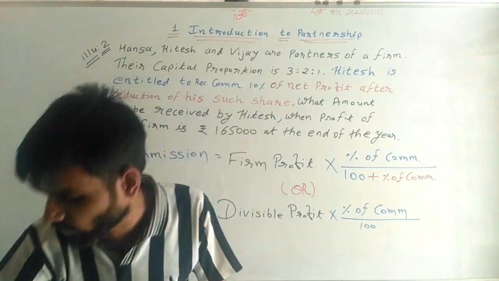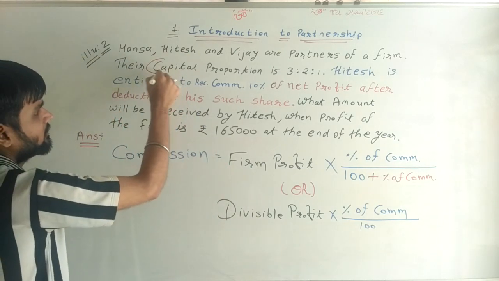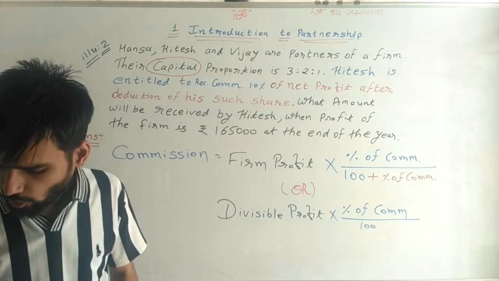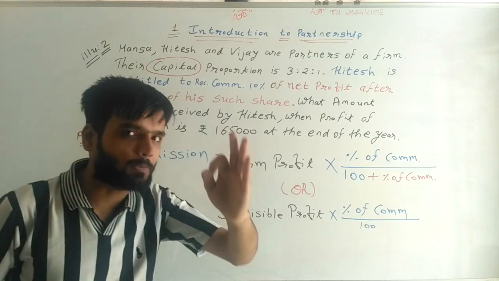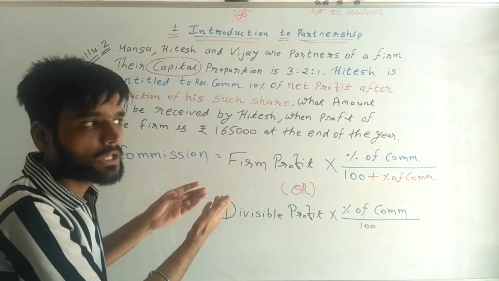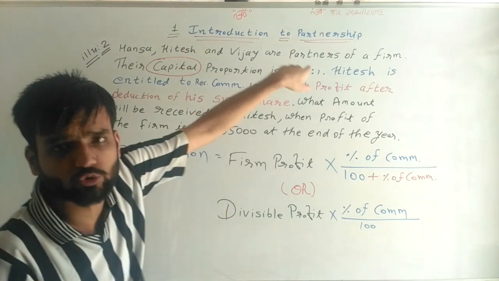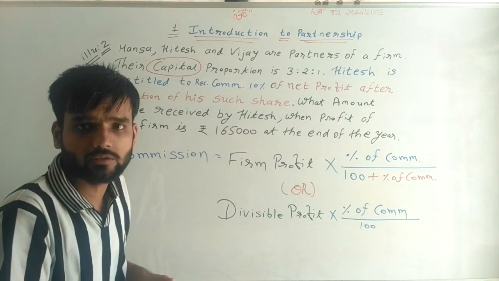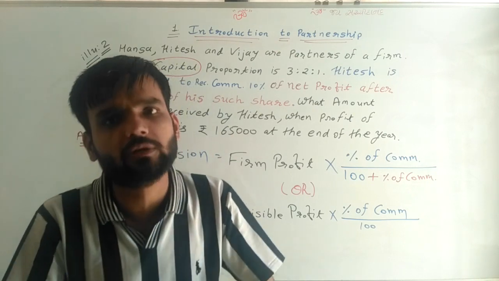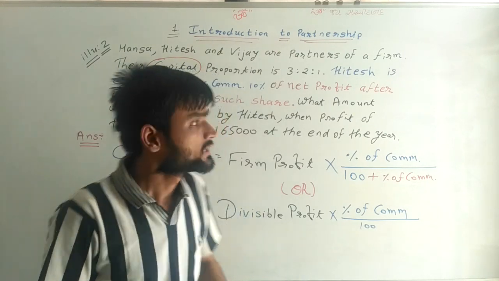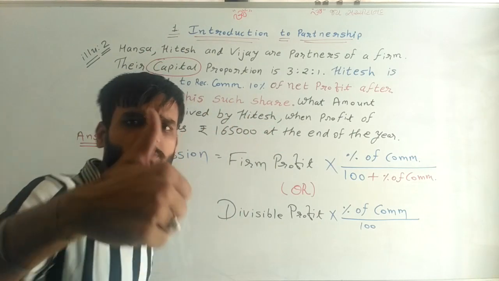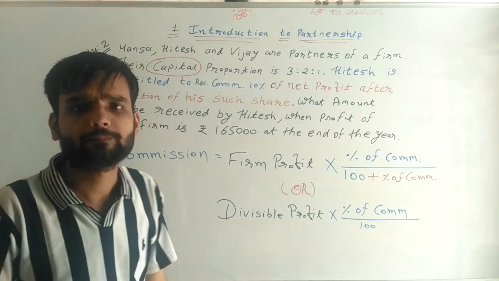But please try to understand here, capital proportion is 3:1. Always understand the question perfectly, which proportion is given to you. Here capital proportion is given, 3, 2 and 1. It's a capital proportion. Here profit and loss proportion is not given to you. See the whole question. In the whole question no other proportion is given, only one proportion is given, capital proportion.